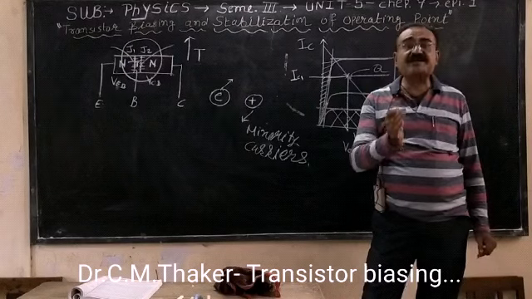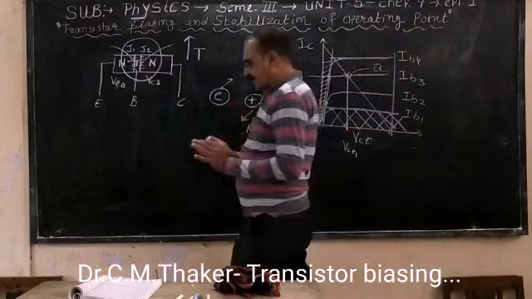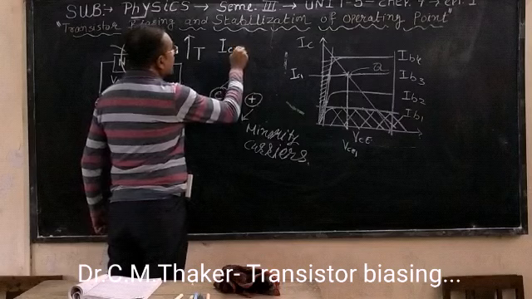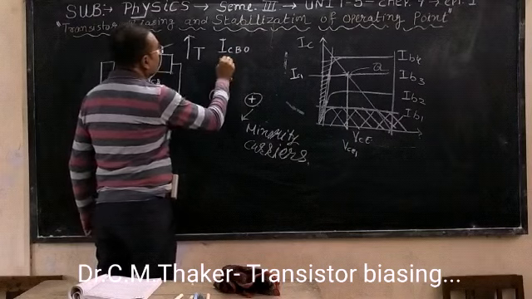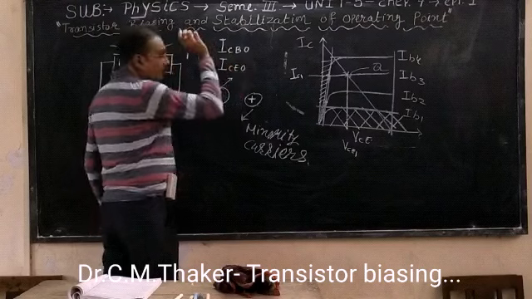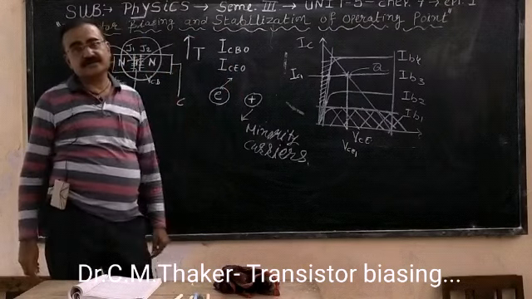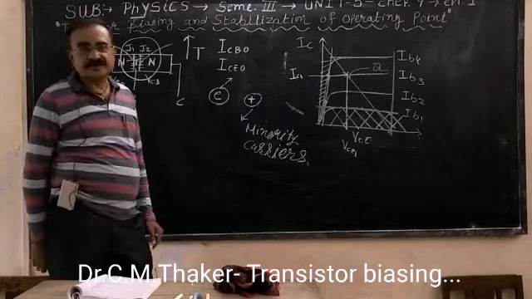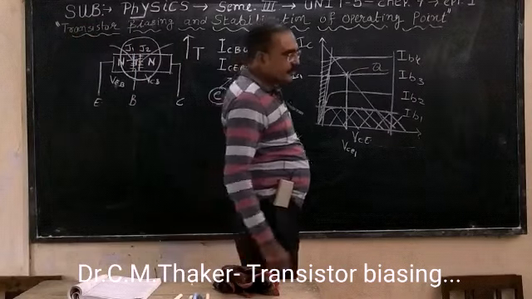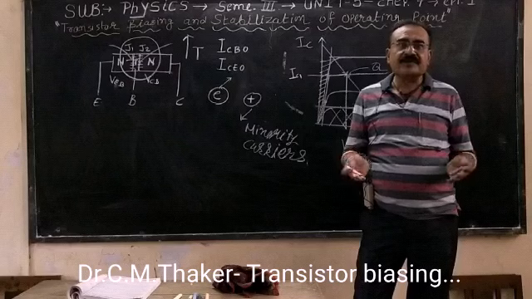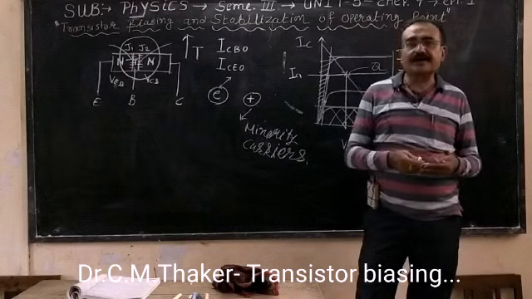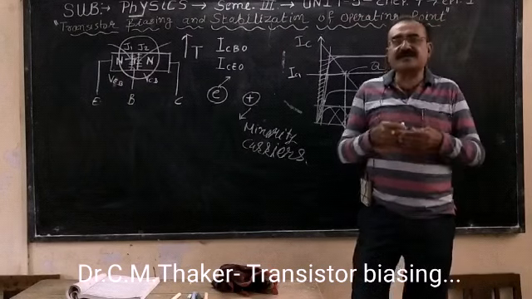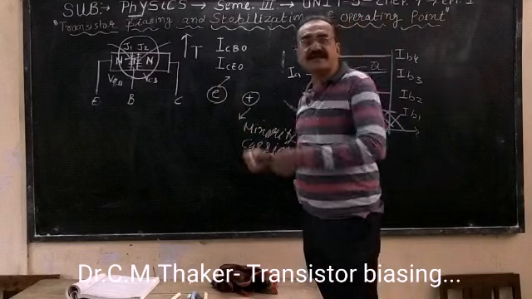The flow of the minority carriers generates a current flow. That current is named leakage current. And you can write the leakage current simply as ICBO. So this leakage current is also responsible for forming the collector current. That means temperature increases, covalent bonds are broken, it will generate pairs of electrons and holes, minority charge carriers will increase, that is the leakage current. That's why IC, the collector current, further increases.